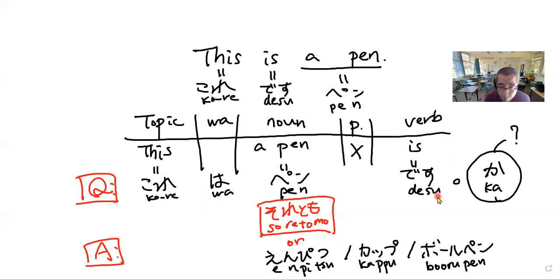Okay, today we focused on A or B questions. So we started from "this is a pen", which is これはペンです。Then the yes/no question is これはペンですか? Then the A or B question is これはペンですか? それとも鉛筆ですか? I hope you understand today's Japanese sentence from zero. If you have any questions, please let me know. はい、ありがとうございました。